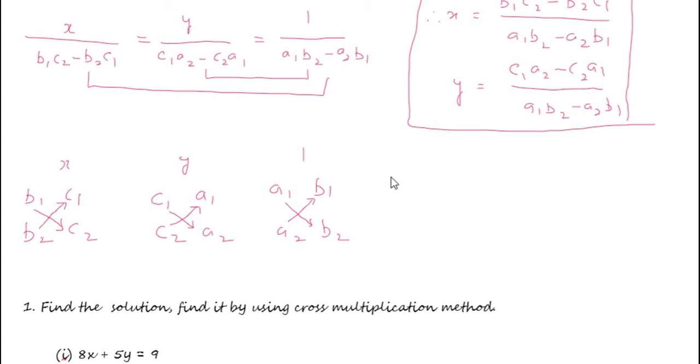As I said earlier, I feel this is the toughest method. The chances of going wrong are more here. So unless you are asked in the exam to solve the equations using this method, it is better to solve using one of the other two methods, that is substitution or elimination method. But it depends on the student. If the student is comfortable solving the equations using this method, better go ahead and do that.